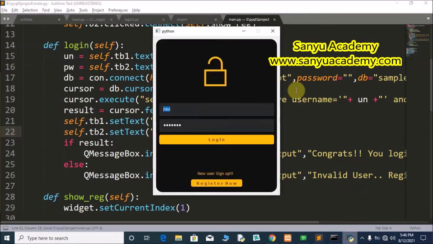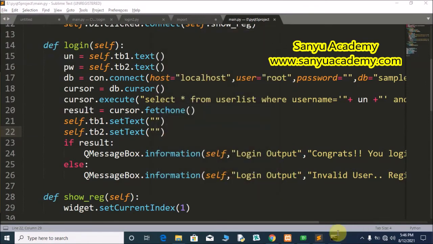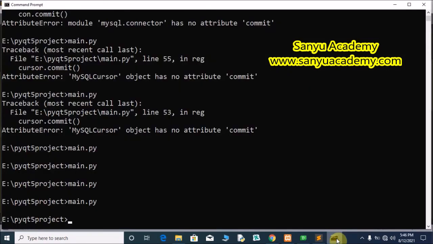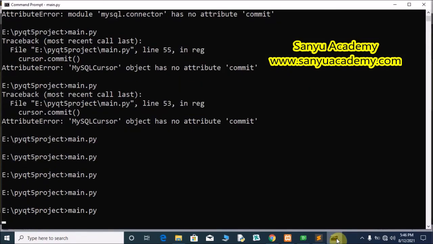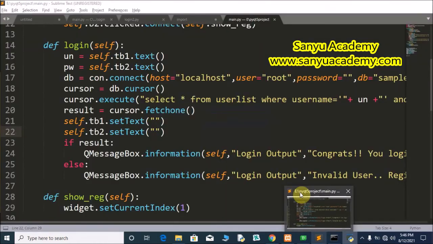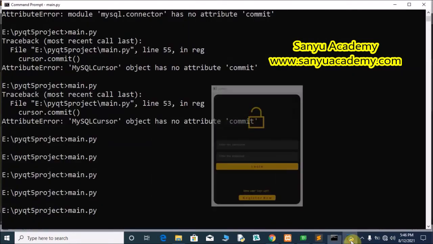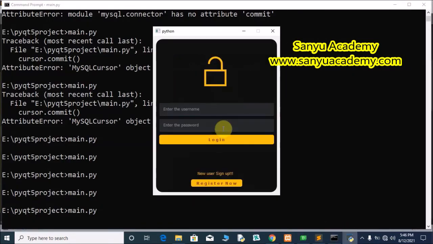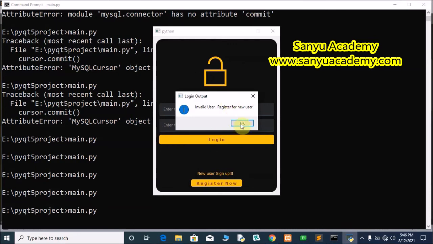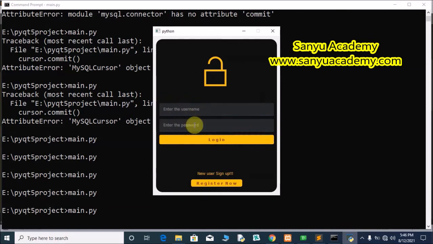Close it and run it. Main.py. Username Ravi, 123, login. Invalid user, register for new user. Both are cleared.